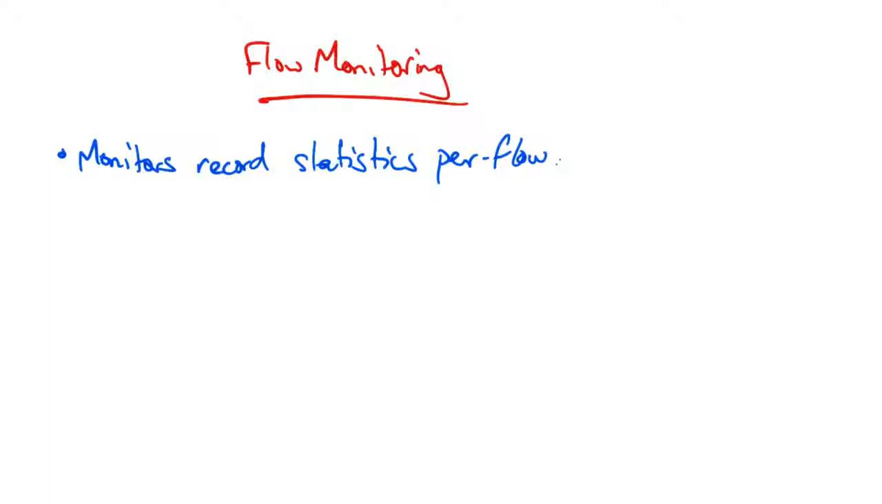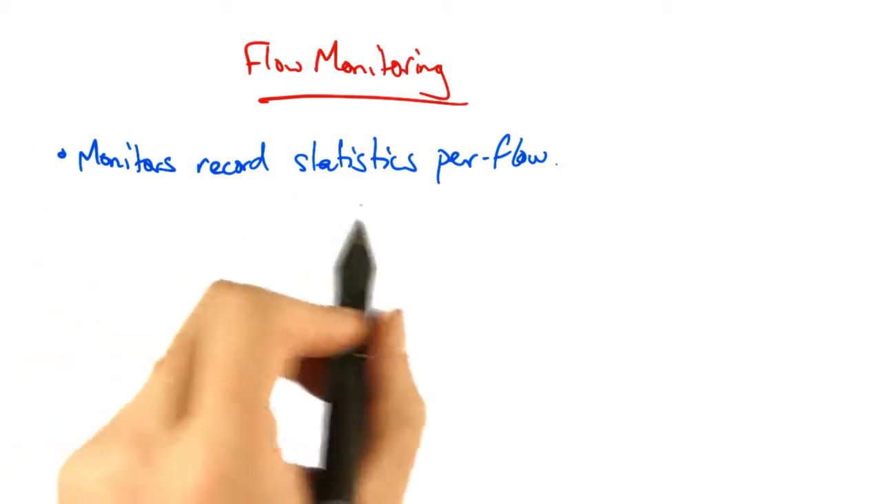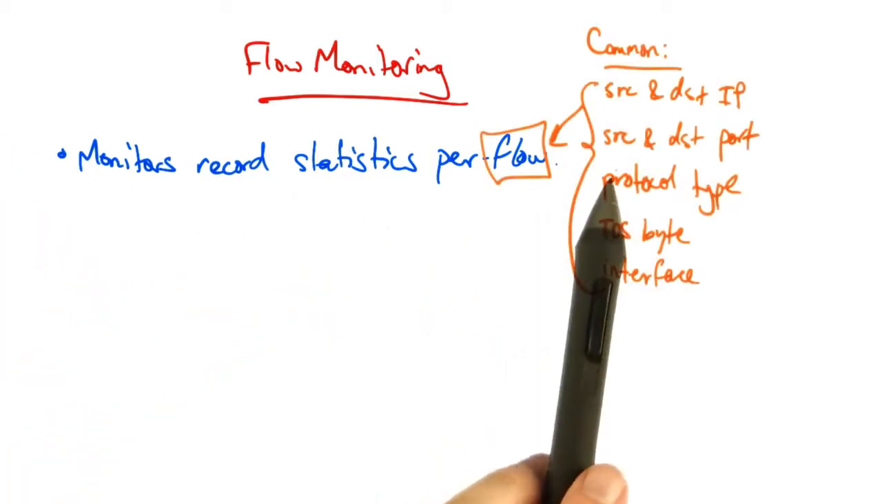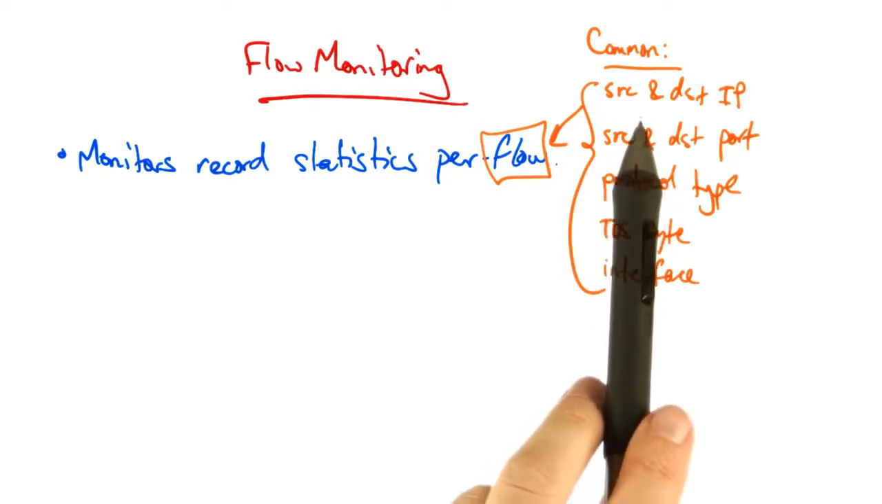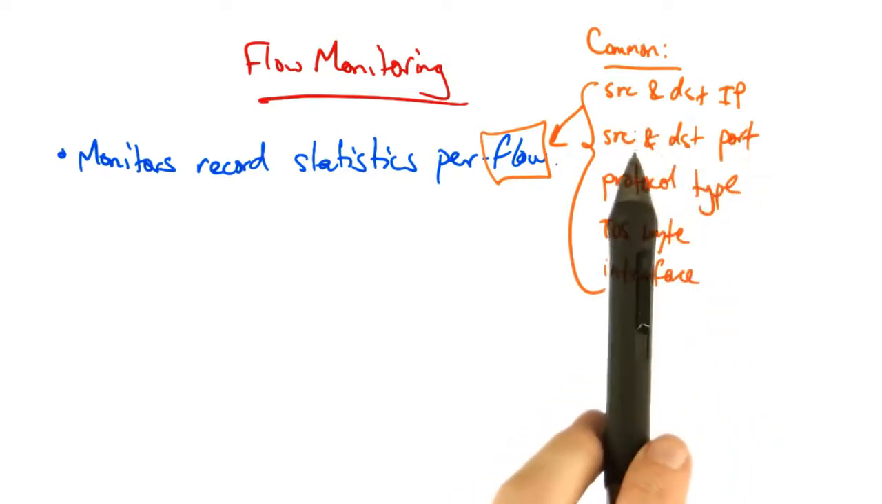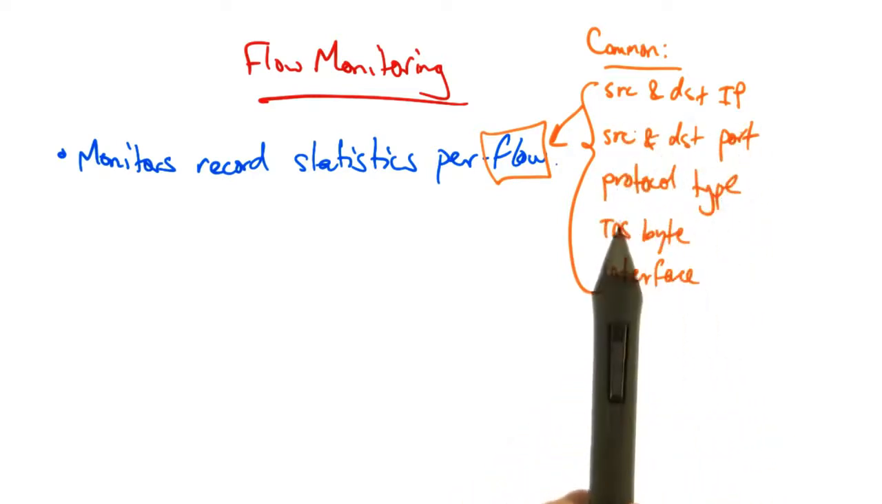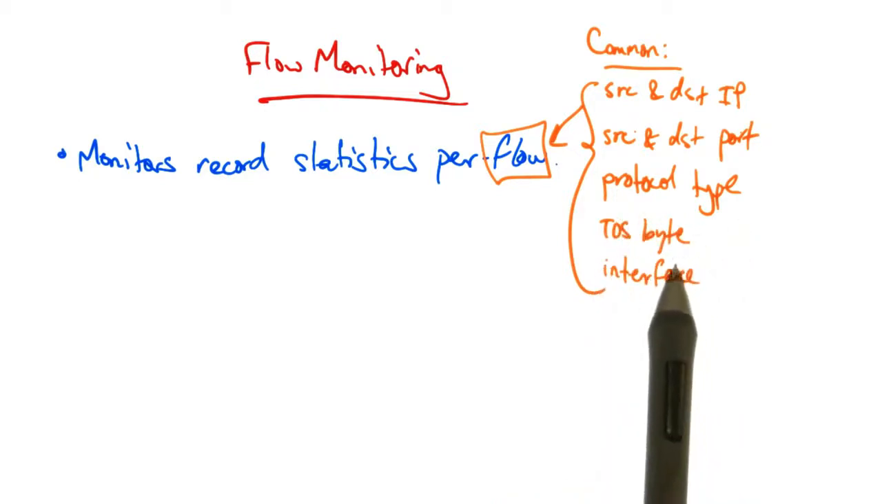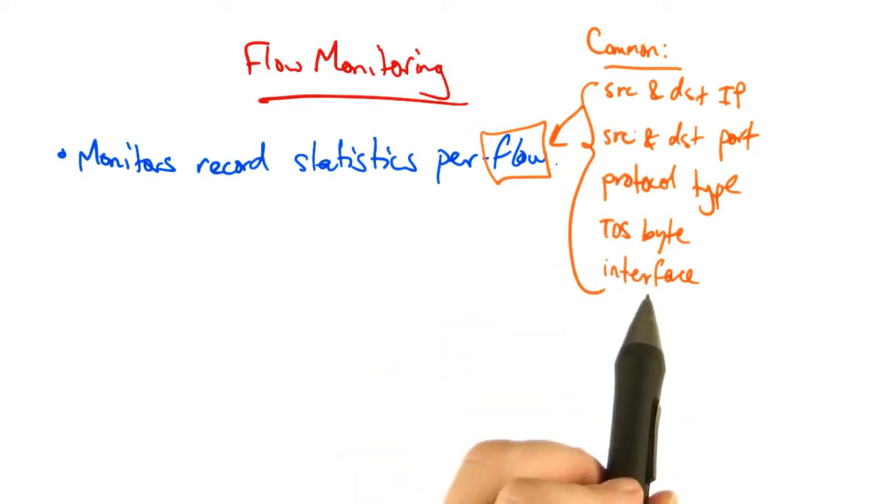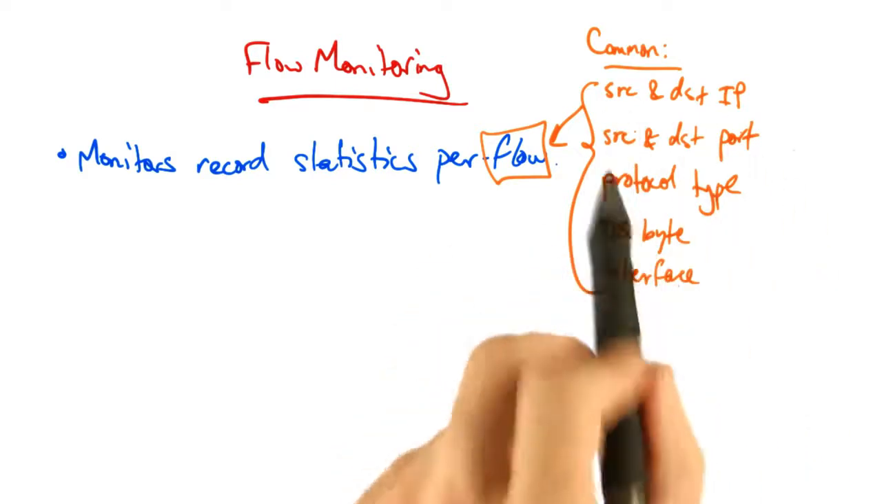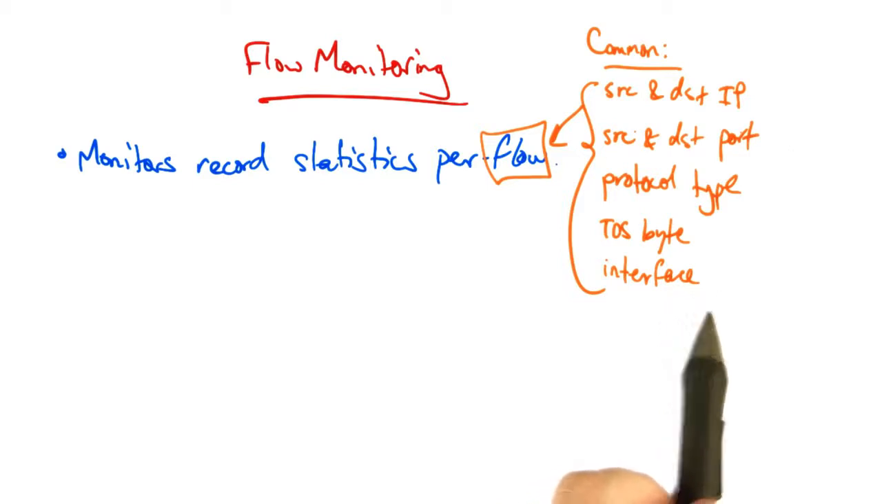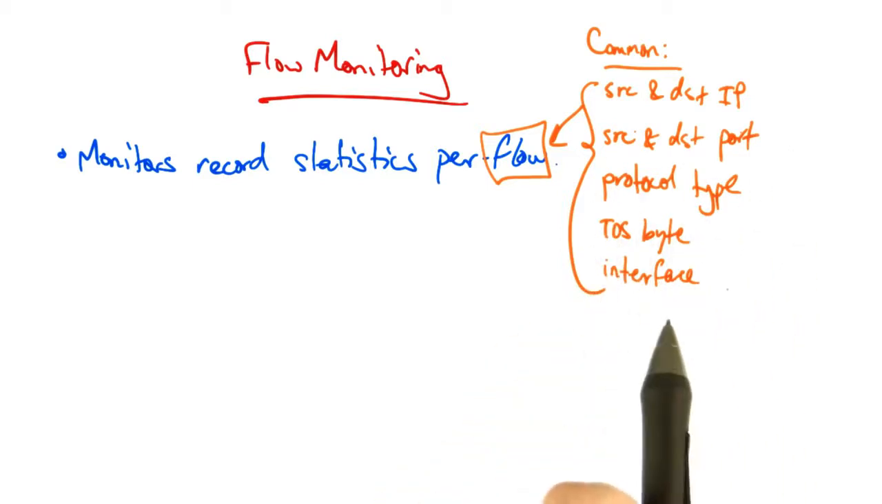In flow monitoring, a monitor, which might actually be running on the router itself, records statistics per flow. A flow consists of packets that share a common source and destination IP address, source and destination port, protocol type, ToS byte, and interface on which the packets arrived. A flow monitor can then record statistics for a flow that's defined by the group of packets that share these